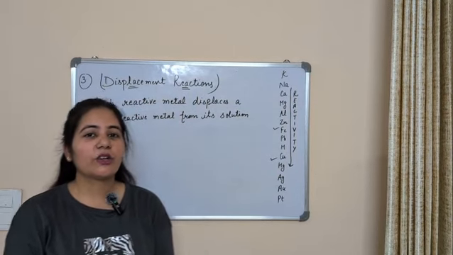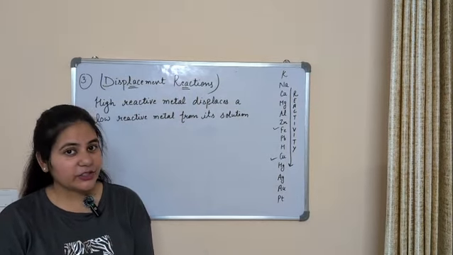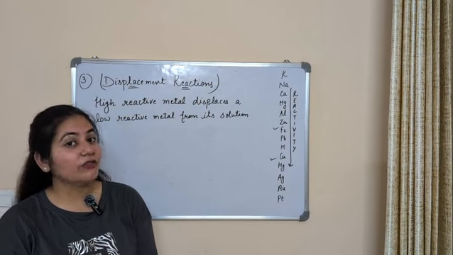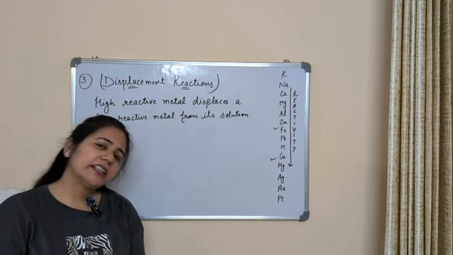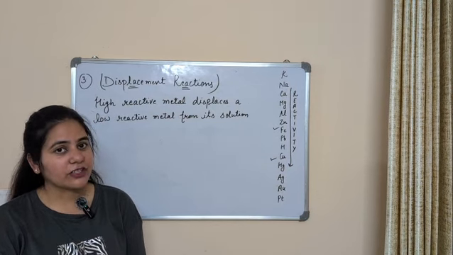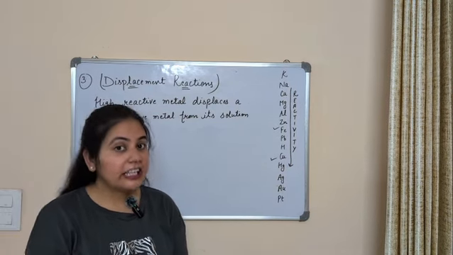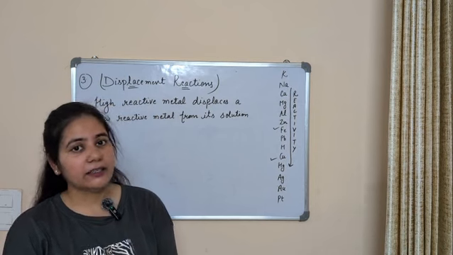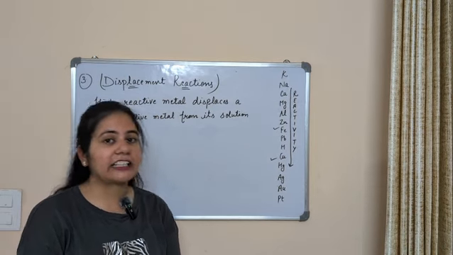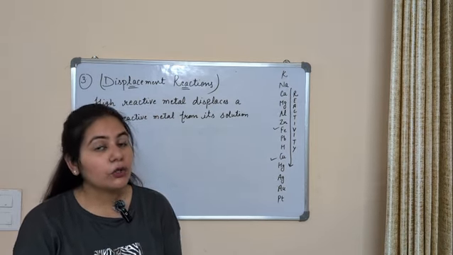So our today's topic of discussion is displacement reaction, that is the third category of types of reaction. So what is the meaning of displacement reaction? These are the reactions in which a highly reactive metal displaces the weak reactive metal from its compound or from